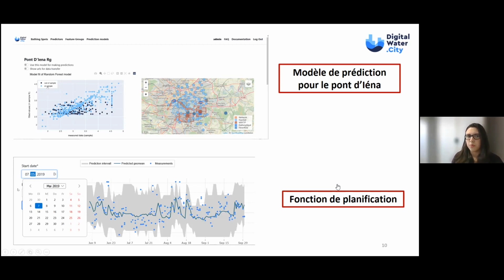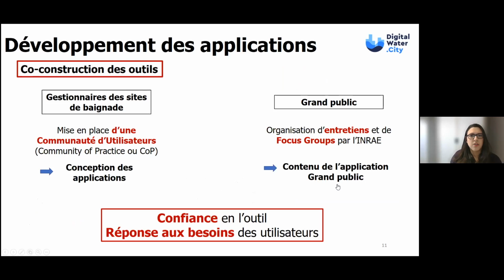And there is also a qualification function, a planning function, because we don't know what they want to ask for. If they want to have a daily forecast, morning, afternoon, we don't know that, so it's being debated. So there is this planning function which has been installed, and therefore we'll be able to plan the development of a forecast as a function of the manager's requests.